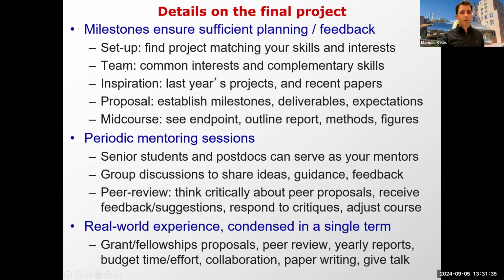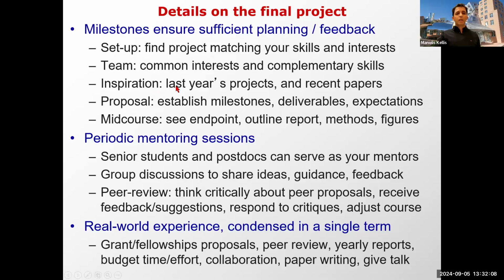Okay. So again, build a team of common interests and ideally complementary skills. I wouldn't want to see three hardcore machine learning people or three purely medical folks working in separate teams. I'd love to see people with complementary skills. And that's our goal: for you to find peers that will be your partners, maybe not just through this, but maybe through your PhD or through your master's or through your undergrad.